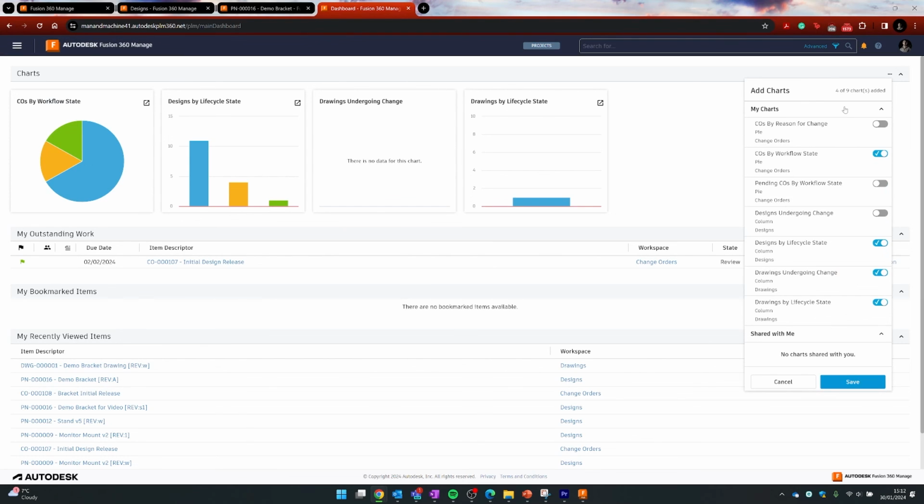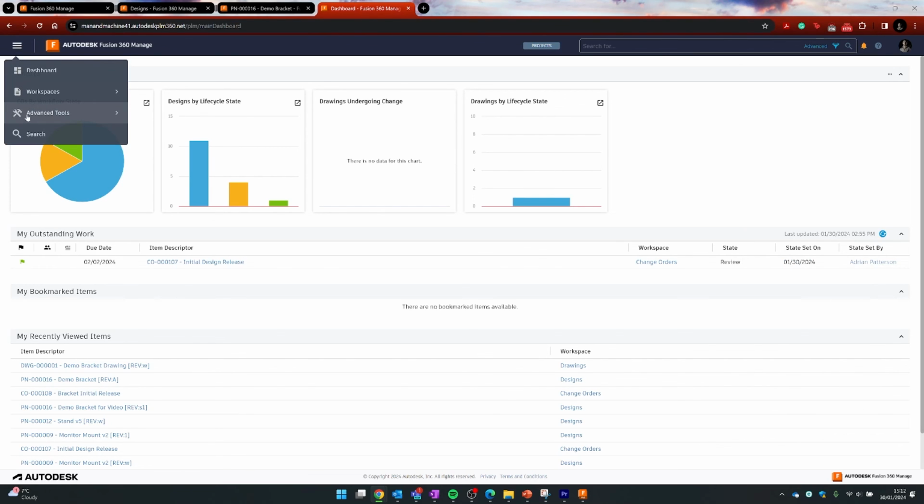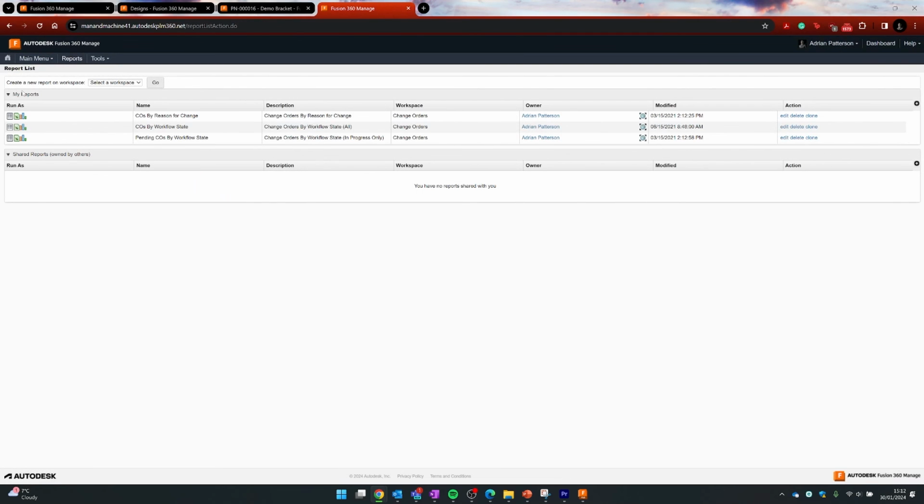So if I went to add charts here, you can see the charts that you can turn on. I've got 4 of them turned on. There's another 3 there, and there must be some others here as well because it says 9. And if we go to Advanced Tools, you can see that I can pull reports. So all of this data that's been loaded into Fusion Manage Extension, while it might seem a bit trivial,